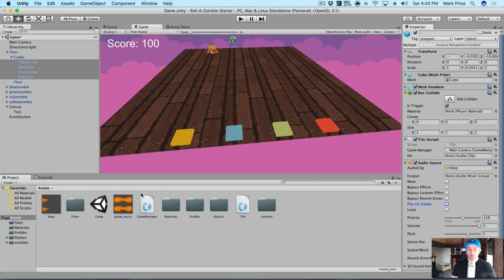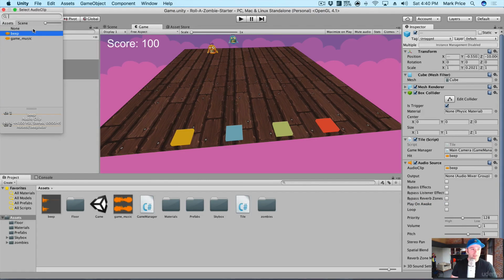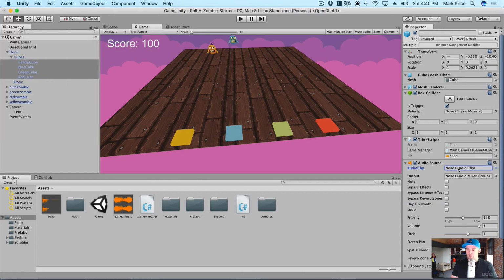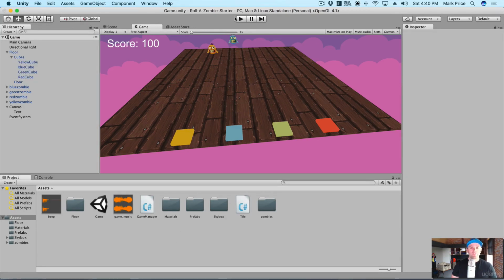Oops, this is wrong. I put it in the wrong slot. The beep needs to go over here, and then I'm going to select this one and say none. There we go. So the beep is right there, and this all looks great. We put the audio clip on it. So now if I play it,